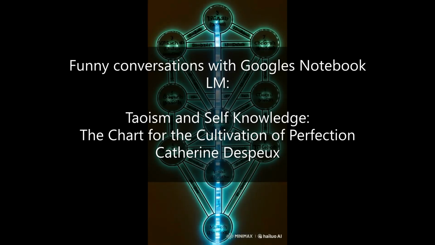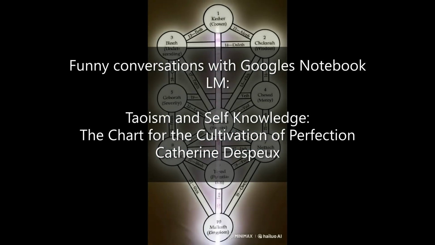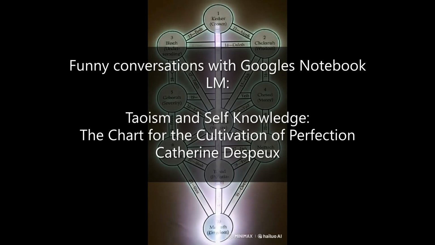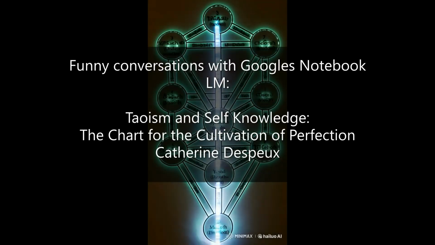So what's the reasoning behind this different association with the gallbladder? Well, that's one of the questions that scholars are still exploring. But it really highlights the diversity within Taoist thought. You know, each tradition developed its own unique system of correspondences. So it's not like there's one right way to interpret these symbols. Exactly. That's what makes studying these charts so fascinating. They offer a glimpse into different layers of Taoist thought and practice.